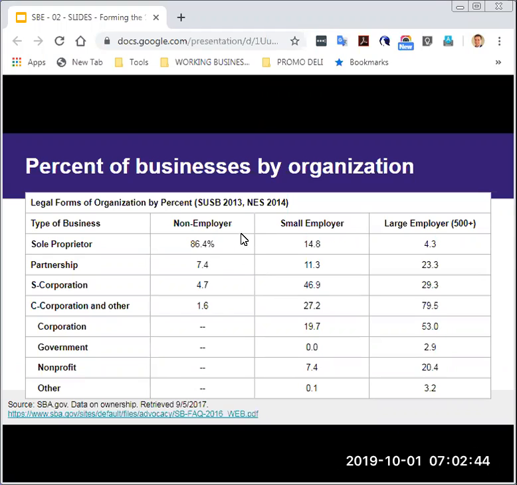So a large majority of non-employer businesses are sole proprietors, where once businesses get employees, it jumps from 86% of non-employer businesses being sole proprietors, and it drops to 14.8% of small employer businesses being sole proprietors. So we see a big drop once businesses start hiring employees.